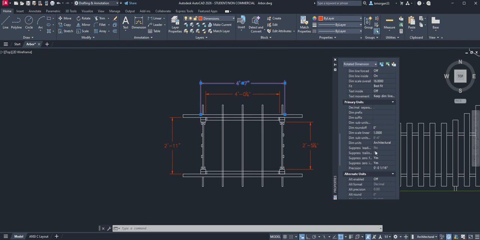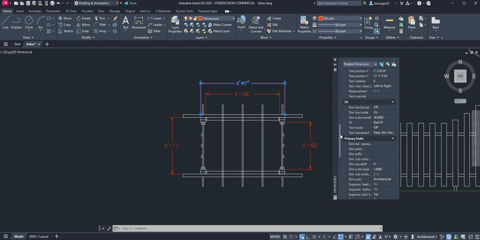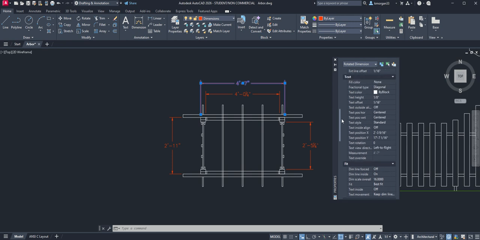You can see this dimension, or "subdim", is just a short way of calling dimension. And of course your precision is going with 0 to 0, okay, 1 by 16 inches. So that's our precision. Of course we're gonna go up and you can see fit. Fit is really important in everything that we do in drawing. Of course here you are at the best fit automatic, and of course we can go up,